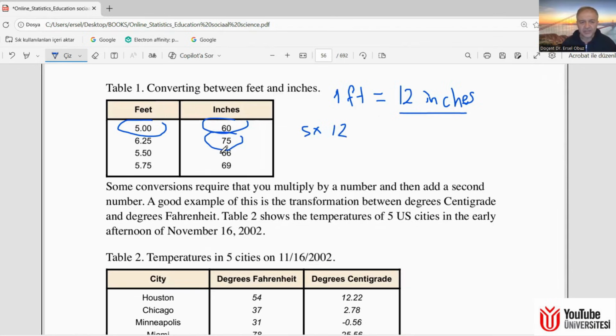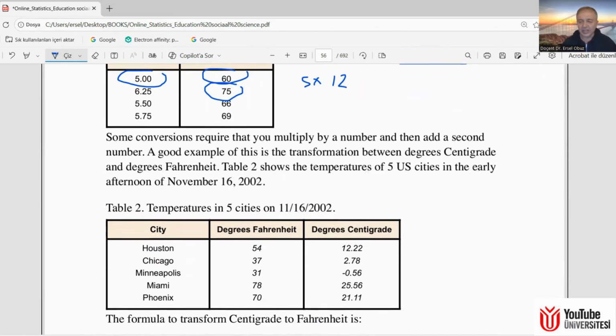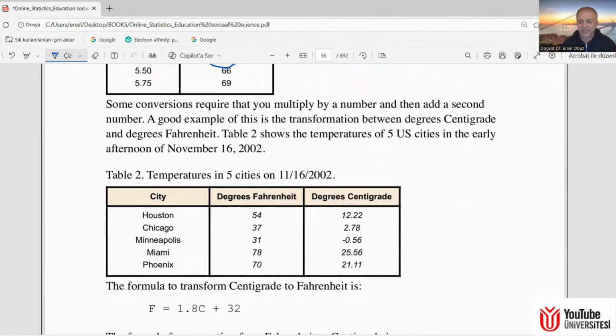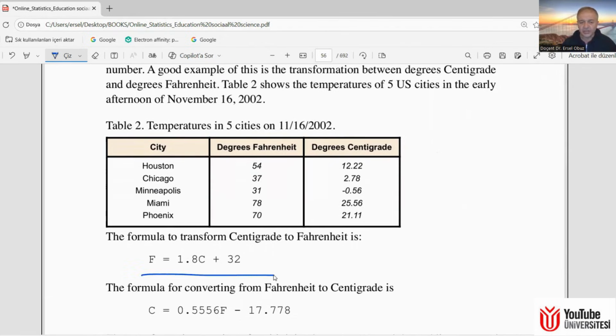6.25, 75 inches. It goes like this. How about the temperature, degrees Fahrenheit and degrees centigrade? We have an equation. So let's say if you have 12.22 degrees centigrade, you just plug this value here, multiply it by 1.8 and plus 32. So it's going to be 54 degrees Fahrenheit. So that's a British system, right? And then this system is SI